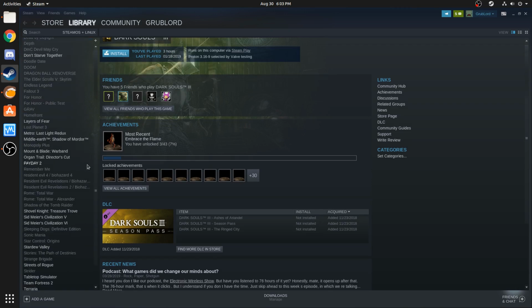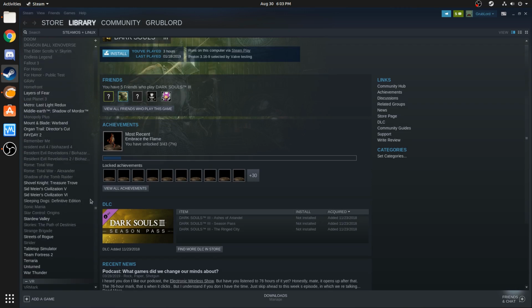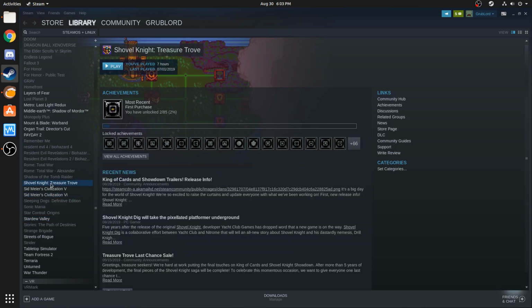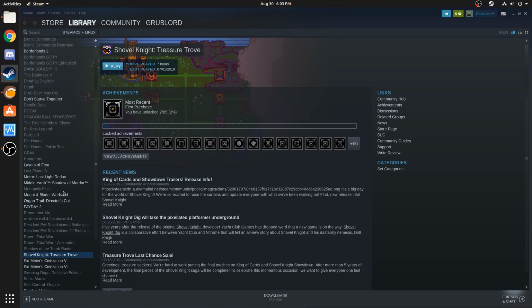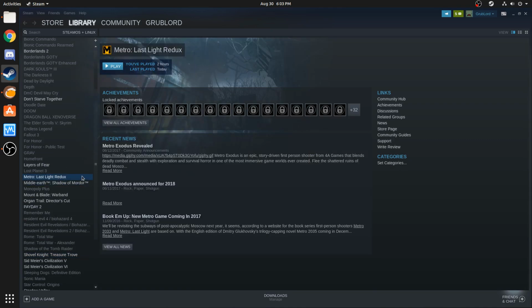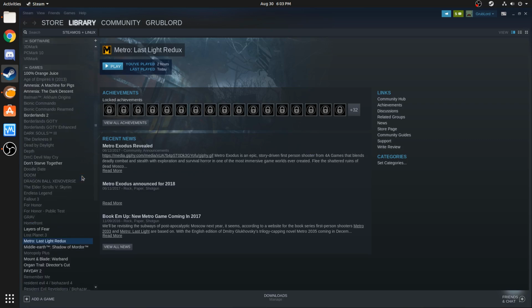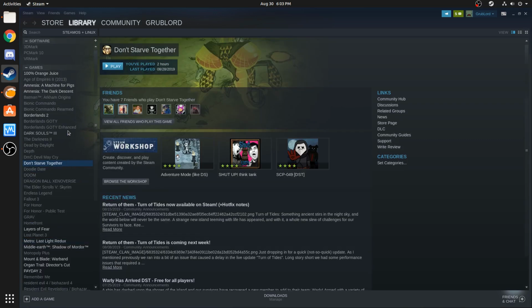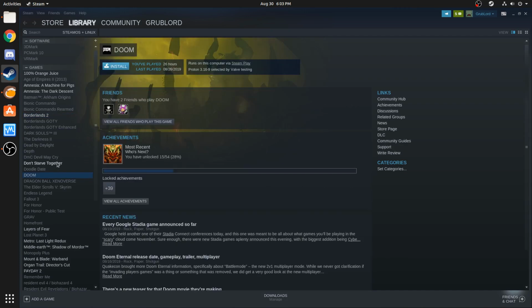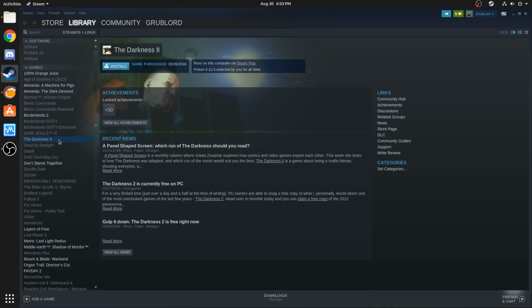However, something I noticed right away is how many games I already own that just supported Linux out of the box. Those are the ones that I have downloaded, like Stardew Valley, Civilization 6, Shovel Knight, right? These games all support Linux out of the box. And if you scroll up, games like Shadow of Mordor, Metro Last Light, Don't Starve Together, Borderlands 2, and even games like Doom and Darkness 2 through Proton, they're whitelisted.